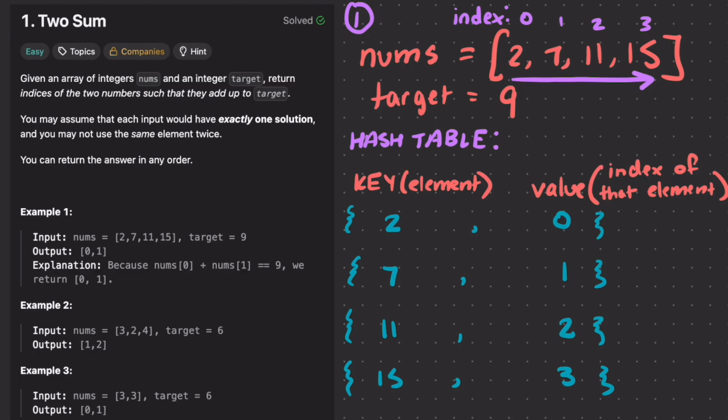So let's break this hash table down. We can see that for the key, which is the element in the array, the value is the index at where that element is located. So for example, for element 2, it's located at index 0, so the key value pair would be 2, 0. And for element 7, which is located at index 1, the key value pair would be 7, 1, and so